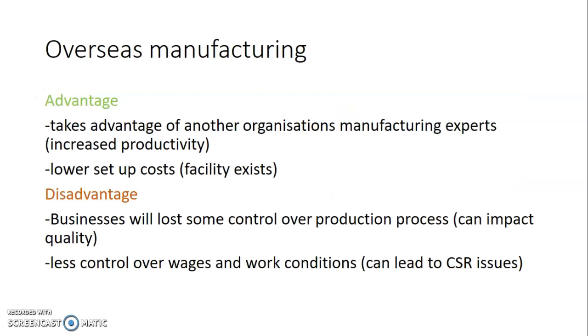A really good thing is it might be able to take advantage of experts. People in Germany or different places like that are really well known for their manufacturing skills. So that could help us out overall because they might be able to do a better job. Lower setup costs. If there's a facility that's already making products and we get them to make more for us, that's going to have lower setup costs, because otherwise we're going to build our own factory and other things like that here. But the bad thing is we will lose control over that production process.